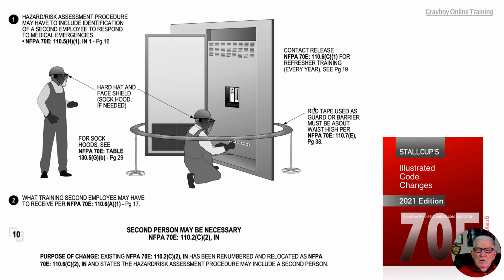70E. Now notice the red tape used as a guard or barricade must be about waist high, is outlined in 110.7E on page 38. Now for the shock hoods, and when maybe a shock hood is needed, we would naturally see the 70E table 130.5G and the little b below the table on page